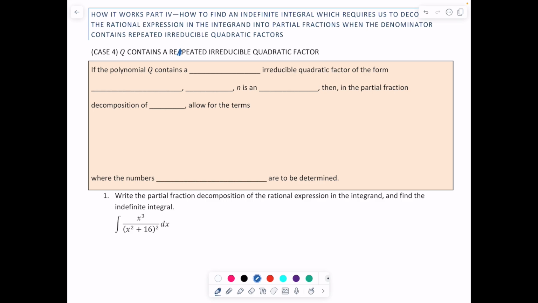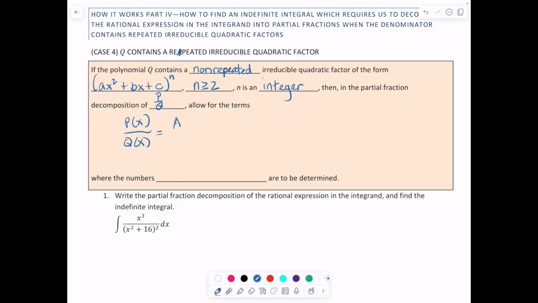If that denominator, polynomial q, contains an irreducible quadratic factor of the form ax squared plus bx plus c, the quantity to the n power, where n is greater than or equal to 2 and n is an integer, then in the partial fraction decomposition of p over q, allow for the terms p of x over q of x equals